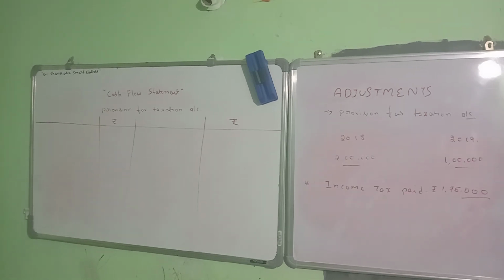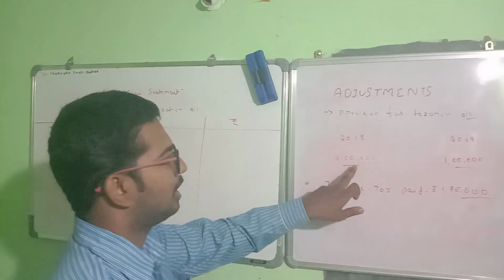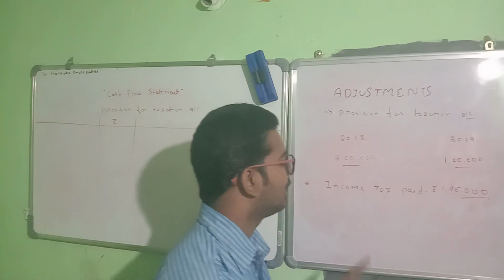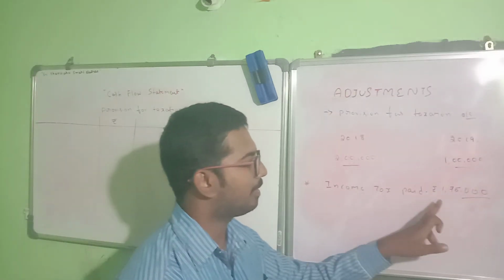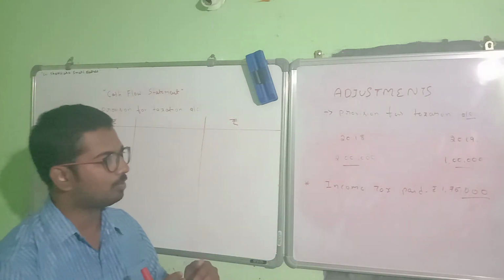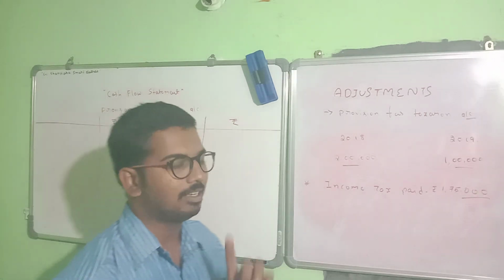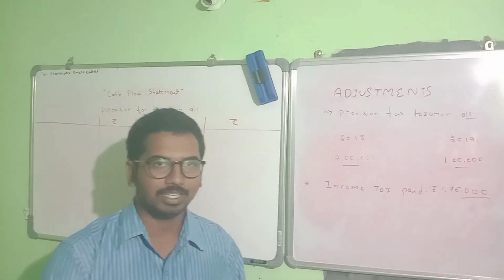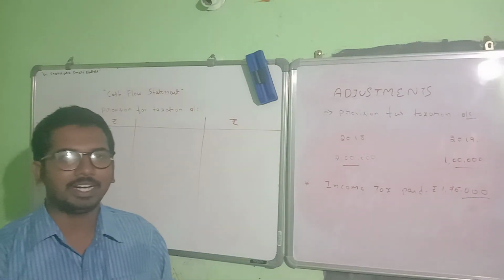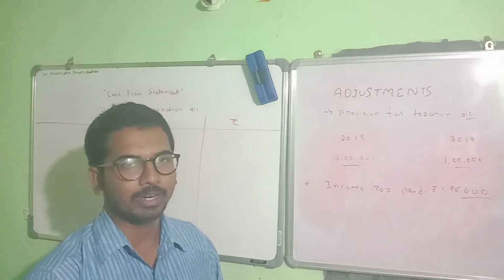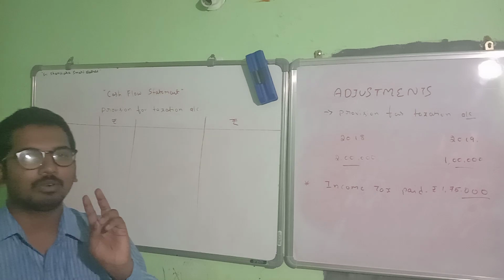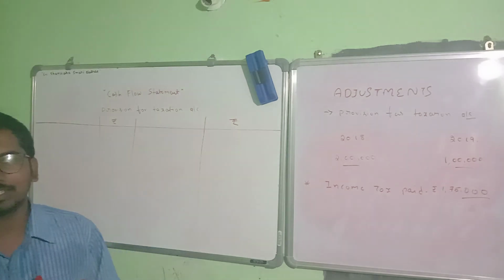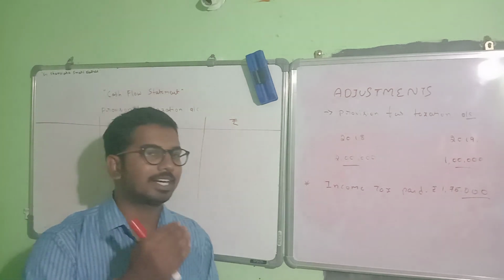When you look at the information given here, for provision for taxation they have given 2 years' information. One is opening, which is 2 lakhs, and closing is 1 lakh. The additional information they have given is income tax paid, 1,75,000. Before we analyze, we should be clear about two things. First, when you start cash from operating activities by bringing down the net profit as the difference between the P&L account closing minus opening, you should add back any provision made during the year to the net profit, and deduct the income tax after the changes in current assets and current liabilities.